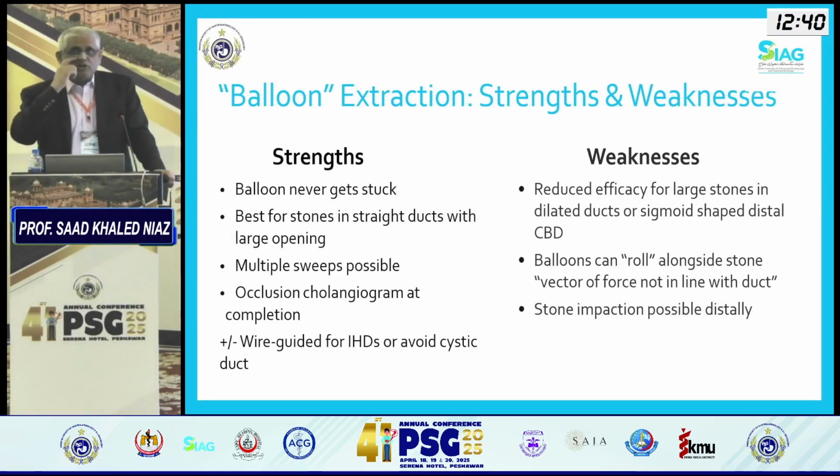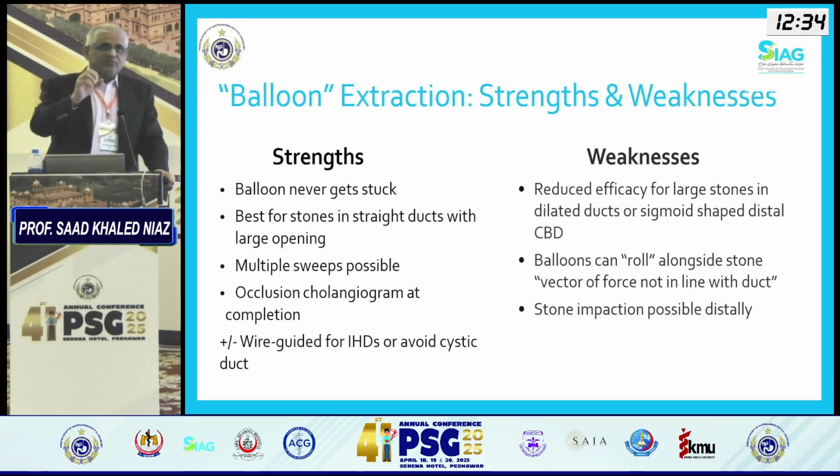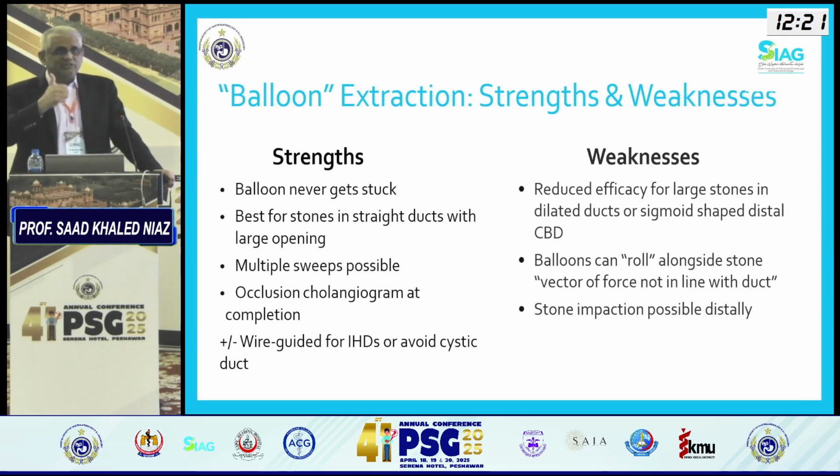As I mentioned in the workshop, now our practice is that with the balloon, we would go in after sphincterotomy, inflate the balloon to max and pull it out distal to the stone first. That helps me to know my sphincterotomy is adequate size, and also any fibers that are there, which sometimes can make it difficult for the stone to come out, are helped that way as well. Balloon doesn't get stuck versus basket. It's simple, but one has to remember you need to be careful. If you're doing practice and you're going to be charging your patients, you need to be careful about these things.